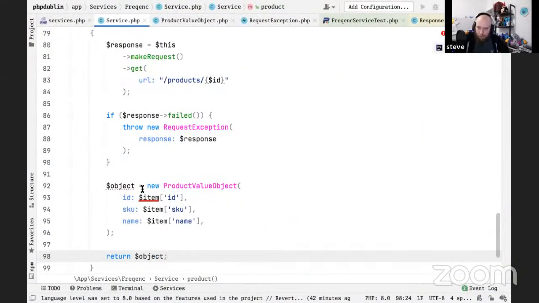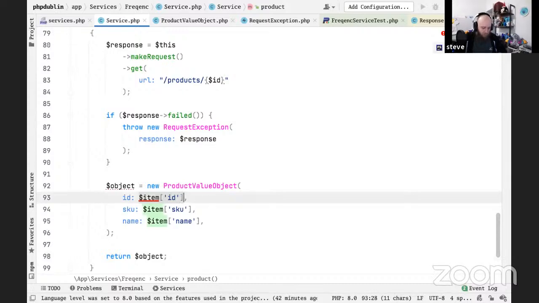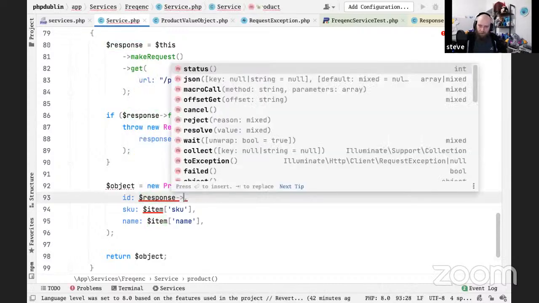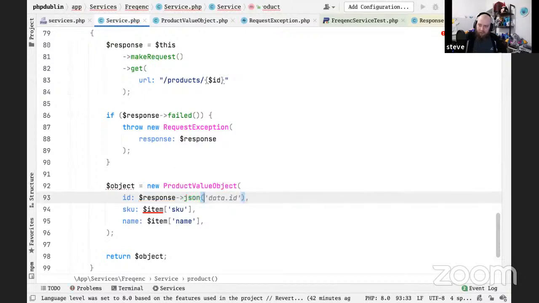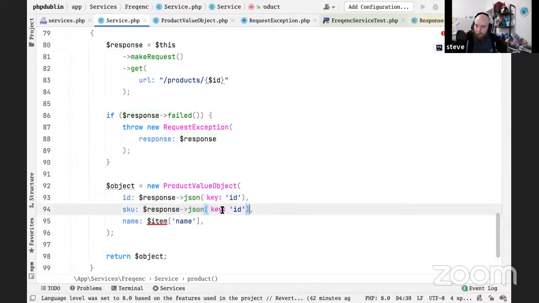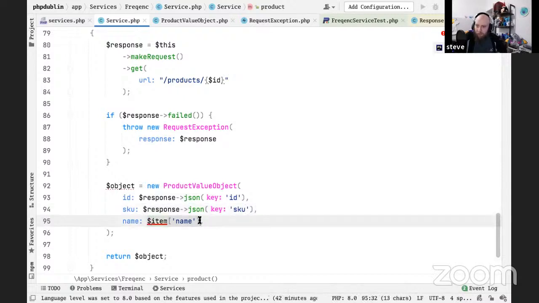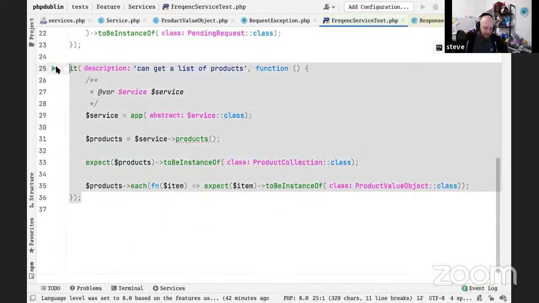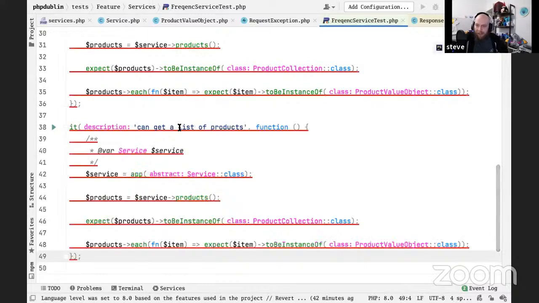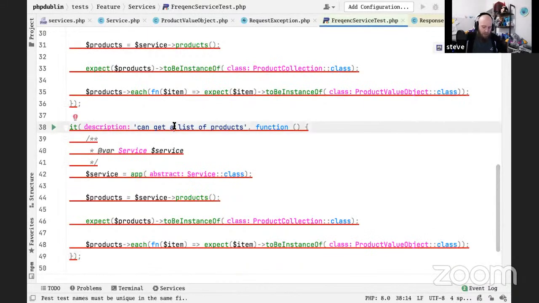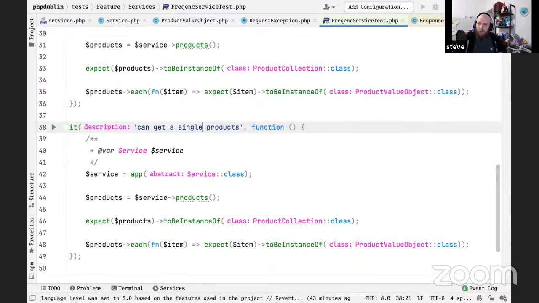So response, JSON key ID. Then we can swap that for you. And we can swap this one through for name. And then we can come back over to our test and say, okay, instead of getting a list, we can say it can get a single product